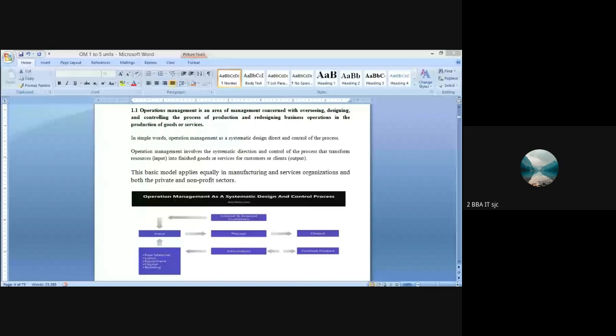Manufacturing organizations means they manufacture physical products, that is, product based organizations. Next, service based organizations means their product is service. There is no physical product they are selling. Only for the services a customer pays an amount to the organization.